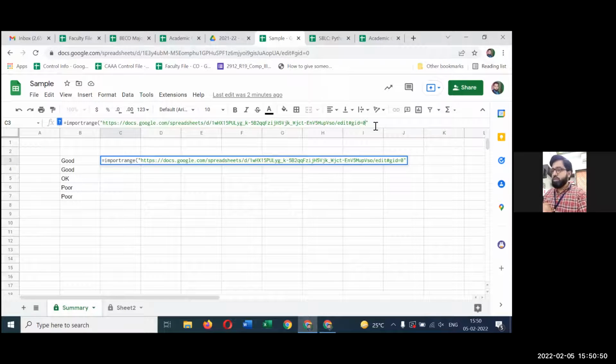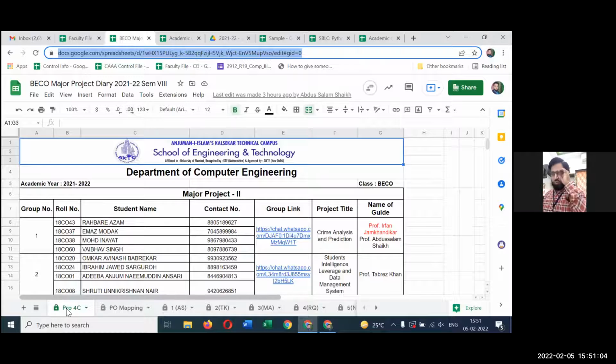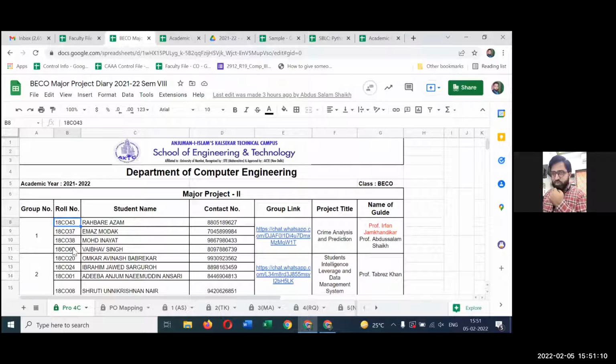तो मैंने अपनी लिंक को पेस्ट कर दिया, and then comma, और कॉमा डालने के बाद में मुझे रेंज बताना है कि भाई डेटा ये शीट में से कहाँ तक का डेटा आपको लेना है। So for example, from that sheet, this sheet, I want the data from this tab Pro 4C, और Pro 4C में मुझे डेटा B4 से लेकर B11 तक का डेटा चाहिए। फॉर एग्जांपल ये 4 स्टूडेंट के रोल नंबर चाहिए, B4 से लेके B11 तक के।